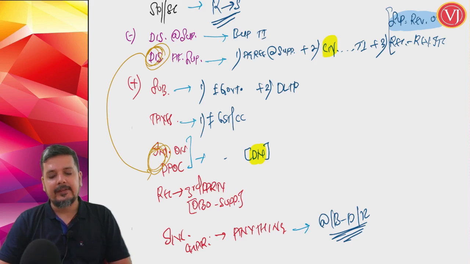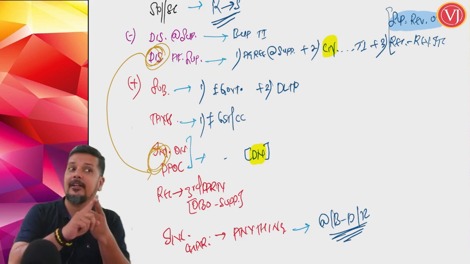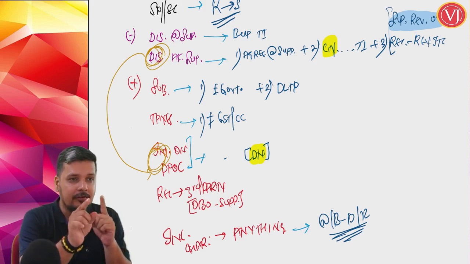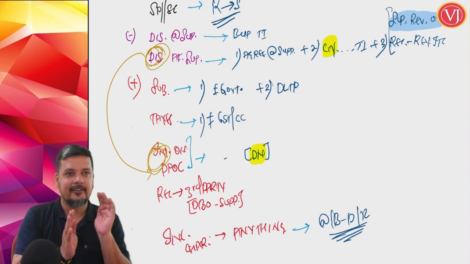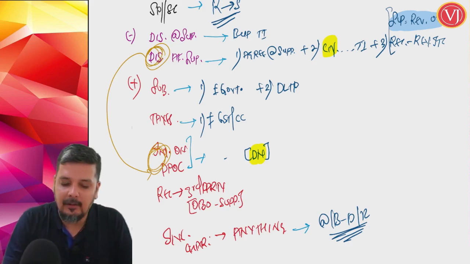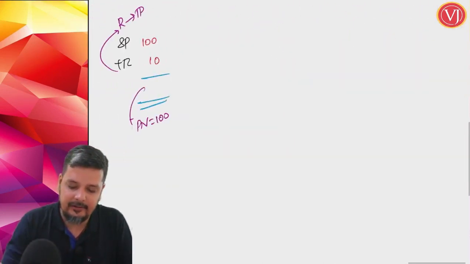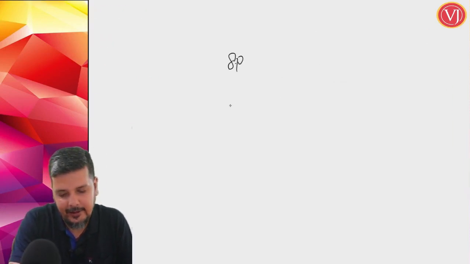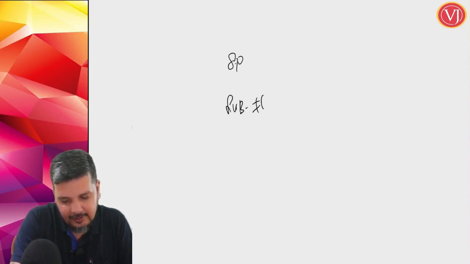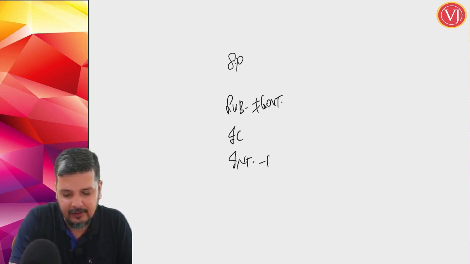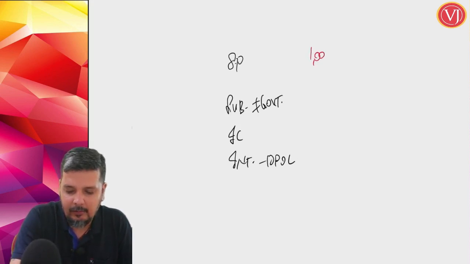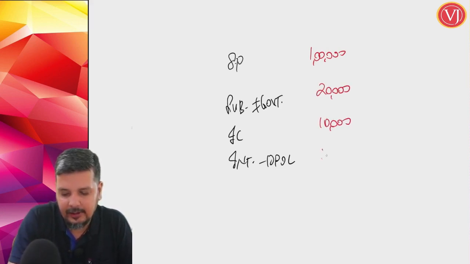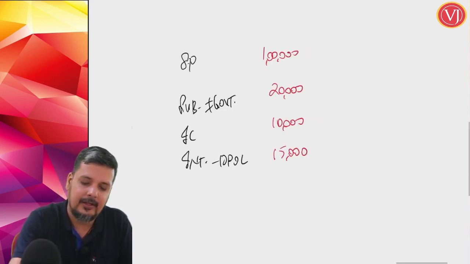Now, the only thing that you need to take care in this question, first catch point is subsidy. I've said what will happen with subsidy. You have to read the question carefully to understand whether you have to add it or subtract it. Correct? Second important point is all about interest. Supposing the question gives you selling price, subsidy by other than government, incidental charges and interest on delayed payment of consideration. Selling price 1 lakh, subsidy 20,000, incidental charges 10,000, interest on delayed payment of consideration 15,000, and the GST rate